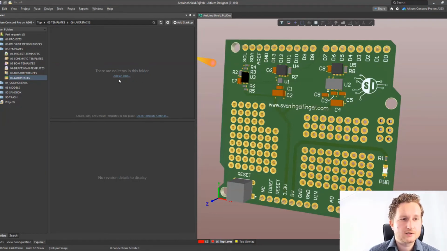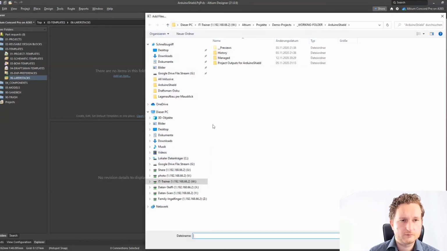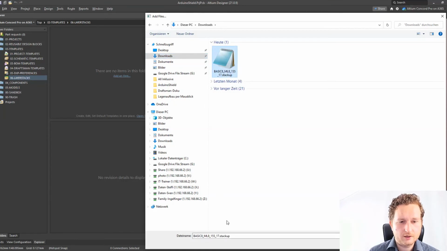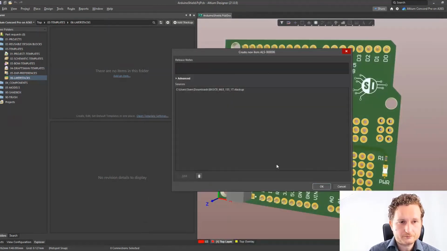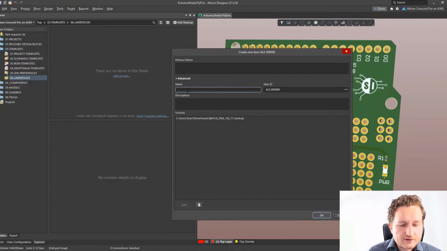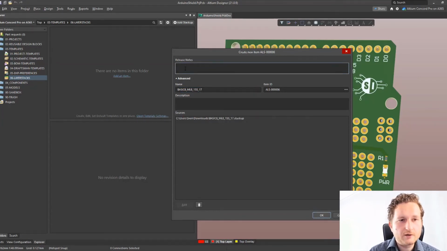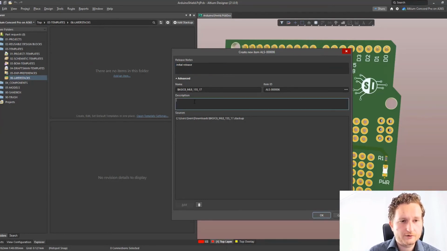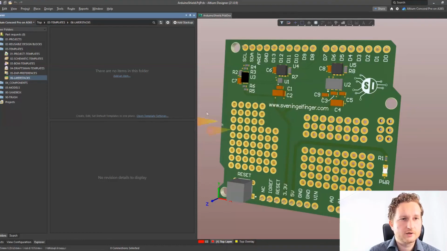from Würth Elektronik. Just click on the button Add an item, and from there you can upload a template file, and we will navigate to it like we did it before, Downloads, and choose the stackup. I will copy the name because I think the naming scheme from Würth Elektronik is pretty cool, and under the Advanced tab you can give this item a name, and I will call it identically like the naming scheme from the stackup, and I will give several other informations to it. A release note and a little description. Something like this. By hitting the OK button, the file will be uploaded to our server, and we see nothing